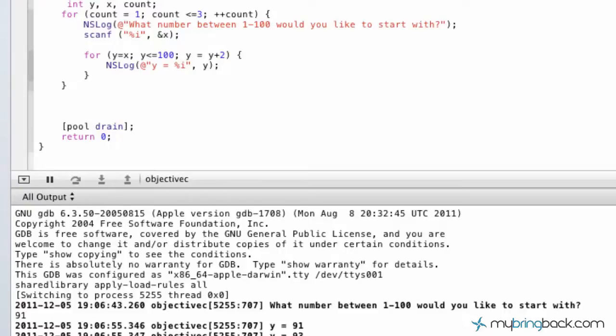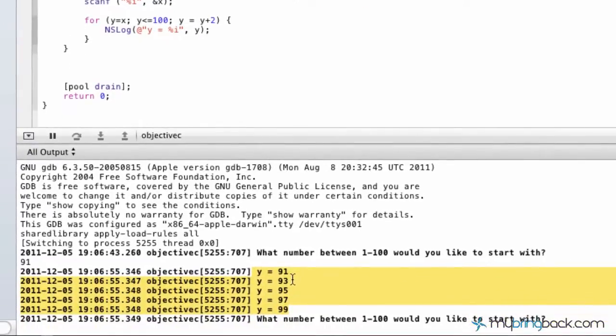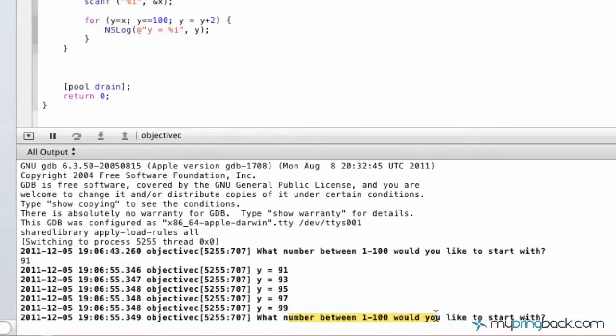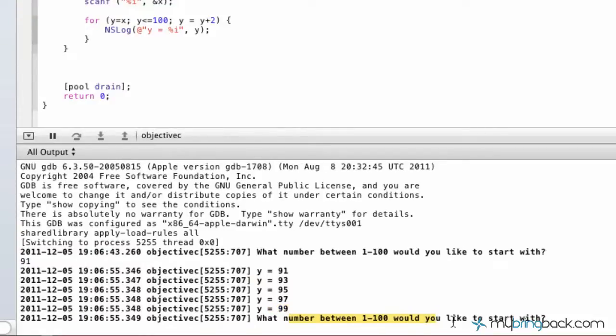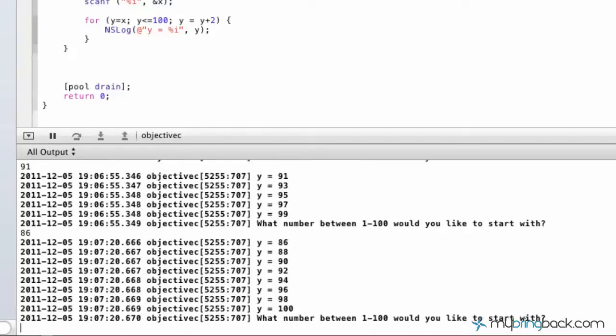Press return, not enter, and it's going to give us our list here, which is just going to add 2 to the starting number of 91 to get to less than or equal to 100. So 99 is our last number there. So then you can see it already prompts us for our next program series here. So now we can add, let's say 81. Now let's go 86. We'll get on an even number. And the program then outputs all the way up to 100 by 2 again,